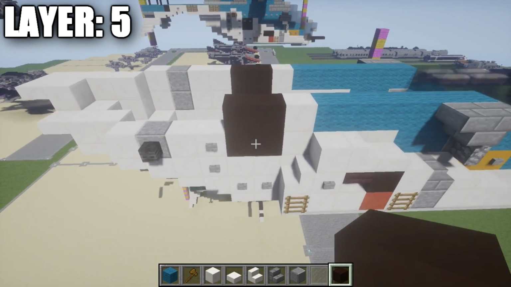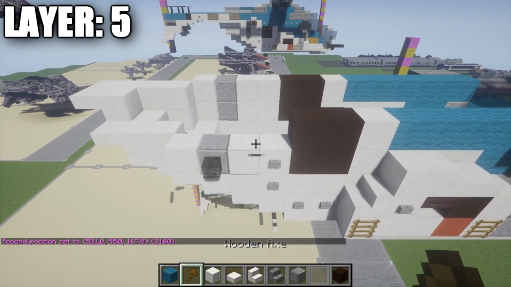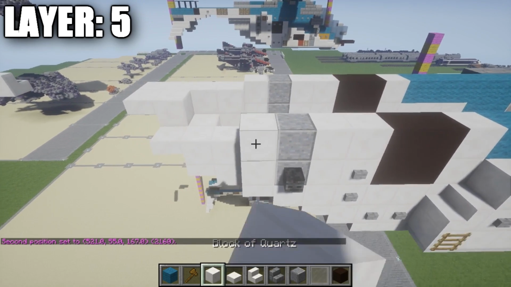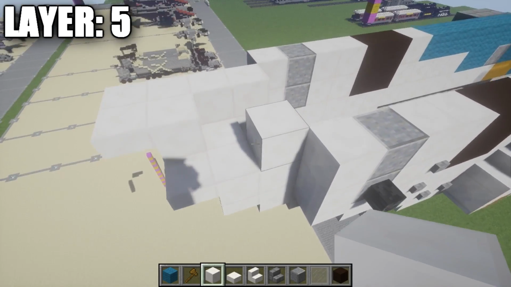We're going to place down 1 and 2, just like that along the side there. We're then going to go ahead and place down a quartz full block, like this, followed by another quartz full block, followed by a polished andesite block, followed by a quartz full block. We're going to go ahead and go diagonal here. We're going to place down a quartz full block on top of this one,